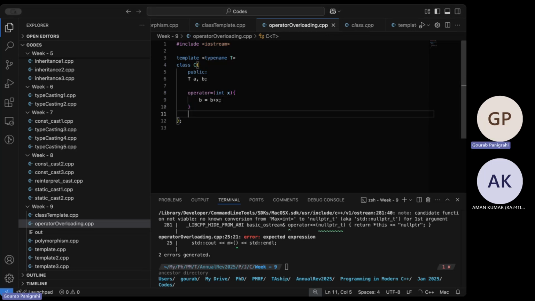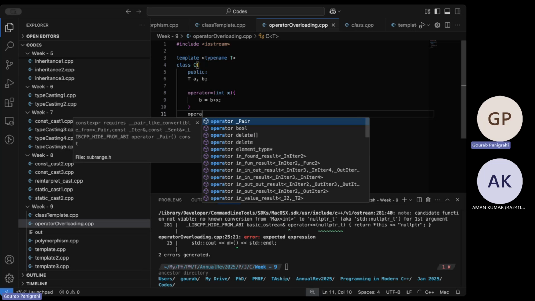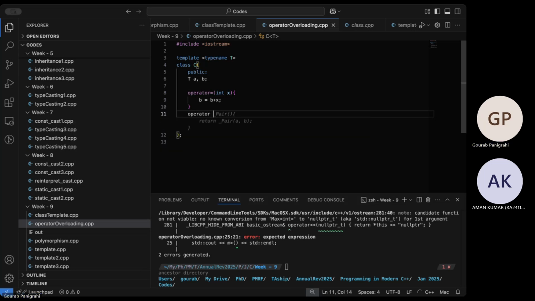The other one is operator equals to, same as before, but with a double. But this time it won't set b plus x. I want to do b plus 2 times x, let's say.